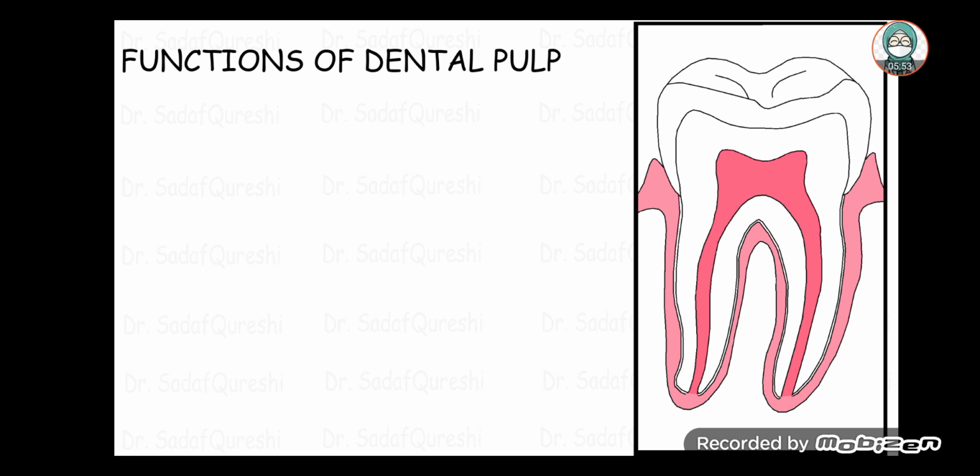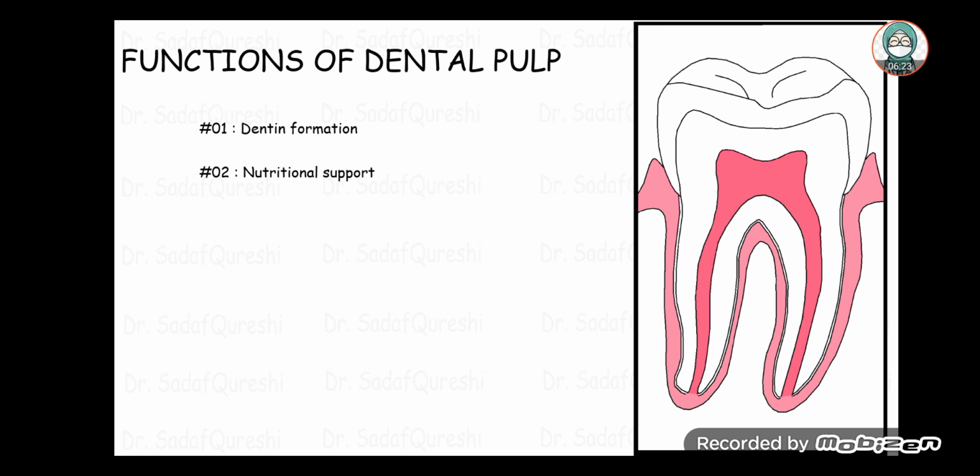Now we will talk about functions of the dental pulp in a little bit of detail. The first function the dental pulp does is dentine formation, as odontoblasts are present and they are dentine forming cells. So they continue to form the dentine throughout life. And before the eruption of teeth, dentine is formed by odontoblasts, so that's the reason we can say that one of the functions of dental pulp is dentine formation, and the second function